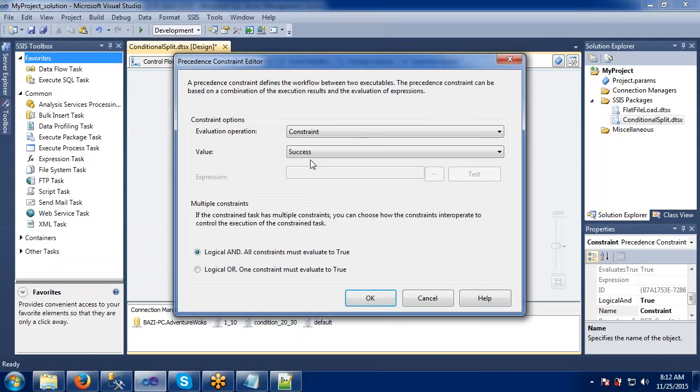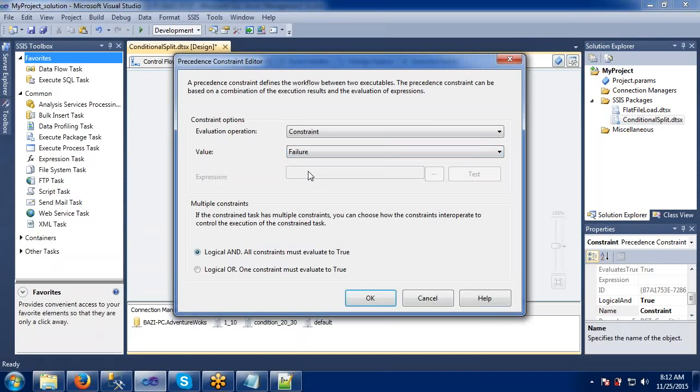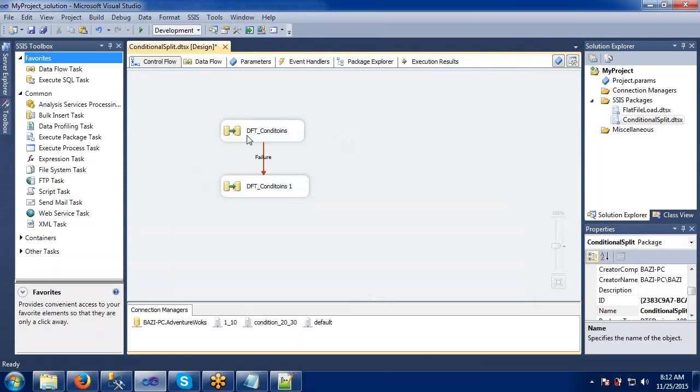Before connecting to the second task, we can apply a constraint. By default, it will say success. If you don't want success, we can make it failure also. For example, if I give failure here and click OK, what happens is that only if the first task fails will it go to the second task.